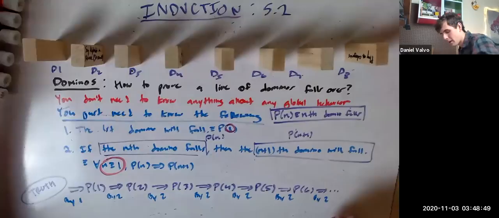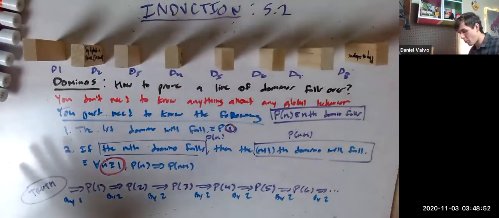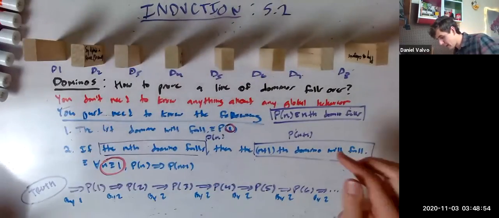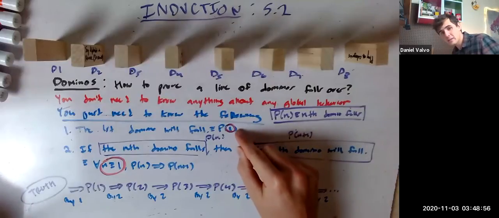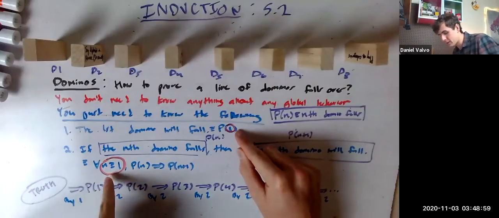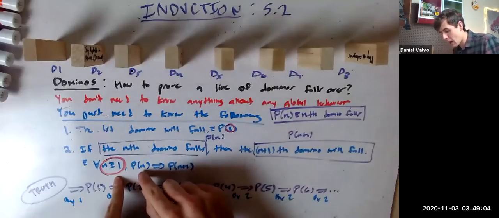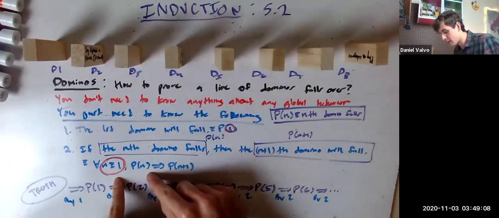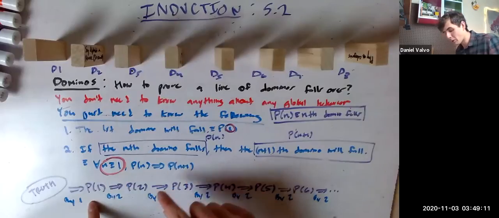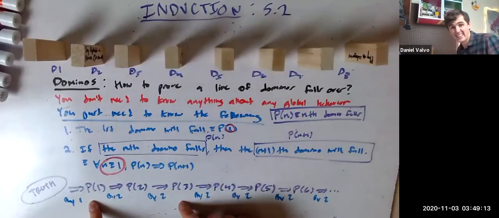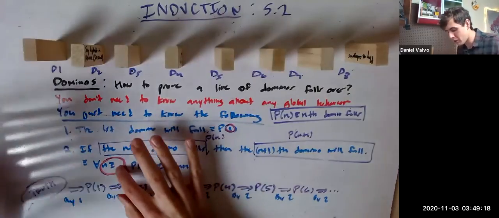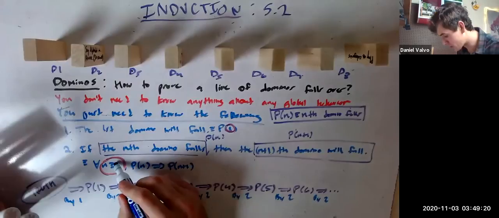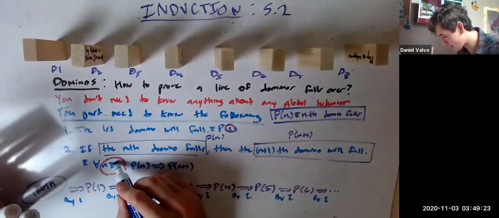And so what I was talking about before is the very important thing to keep in mind: this right here, your base case, has to connect up with where this chain reaction starts taking over. In the sense that these dominoes are good because we know that for all n greater than or equal to 1, if P of n falls, then P of n plus 1 will fall. Meaning 1 implies 2 falls, 2 implies 3 falls, stuff like that. But what if you had a gap? Like if this was only true for all n greater than or equal to 2,